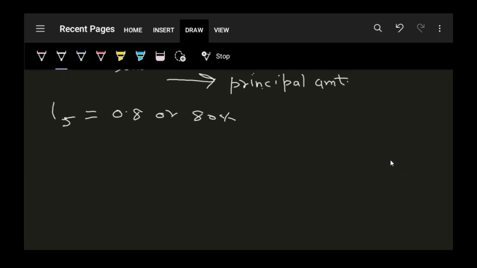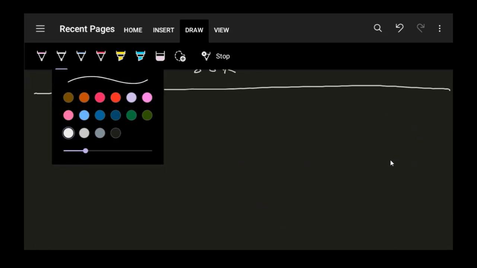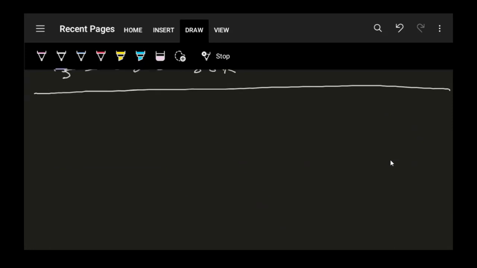Similarly, I will now show you an example of the effective discount rate. For that, we'll consider a scenario where there is a company and the company is due to receive 1 lakh rupees in 6 months time. That is, its customer will pay the company 1 lakh rupees in 6 months. But the company wants the money immediately. So it goes to a discount house and offers the entitlement of that payment to the discount house. And in return, it gets 90,000 rupees immediately. So this is our setting.